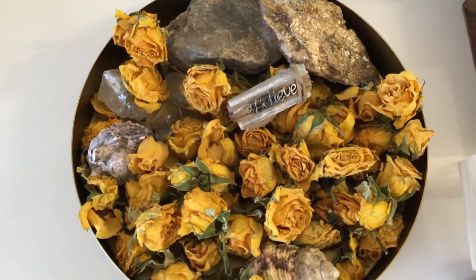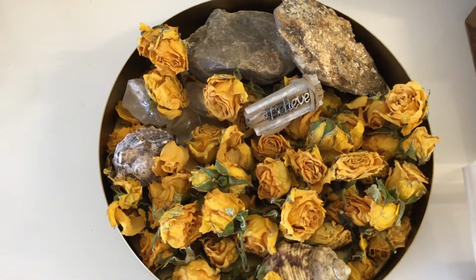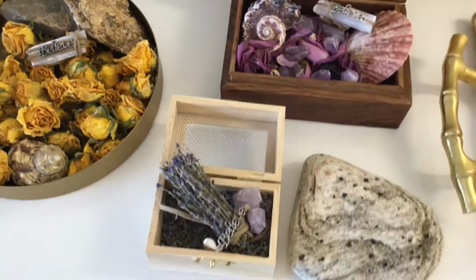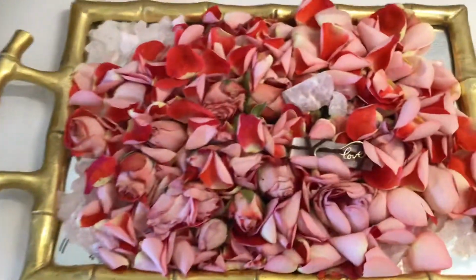You can just add some essential oil, and I also added some stones. Actually, these are from Central Park, just from the ground. And then some crystals or shells. Use any kind of container you may have, or of course you can purchase one and create these gorgeous designs